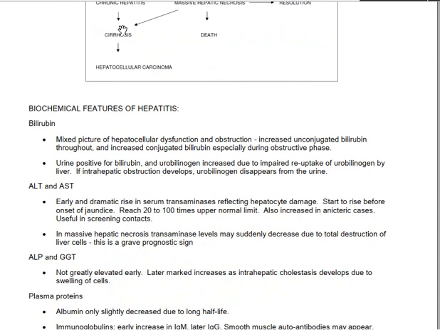So this is a mixed picture, but generally the conjugated bilirubin is going to be much more than the unconjugated. So the urine is going to be positive for bilirubin, and that bilirubin is conjugated bilirubin, and also positive for urobilinogen. Is it clear? So in this case, both the conjugated bilirubin and the unconjugated bilirubin are increased. Is it clear? Because I've said that when you have bilirubin in urine, it means that conjugated bilirubin is high, and when there is urobilinogen in urine, it means that unconjugated bilirubin is high. So this is a picture of both in hepatitis,